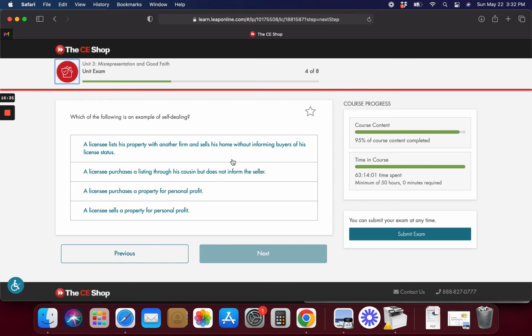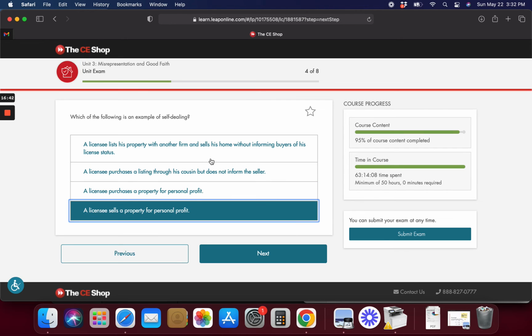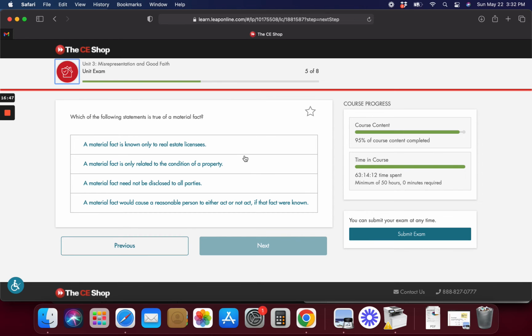Which of the following is an example of self-dealing? Which of the following is true of material fact?